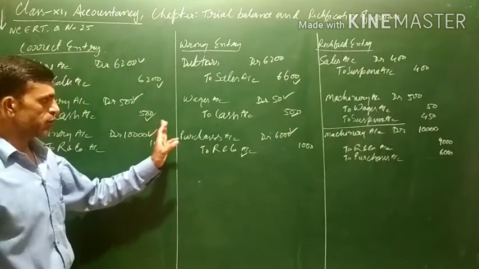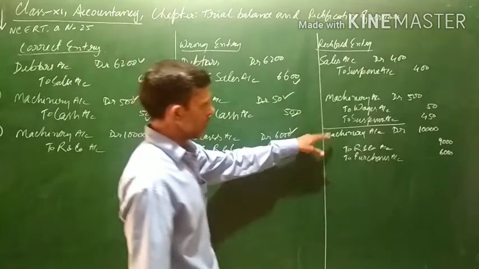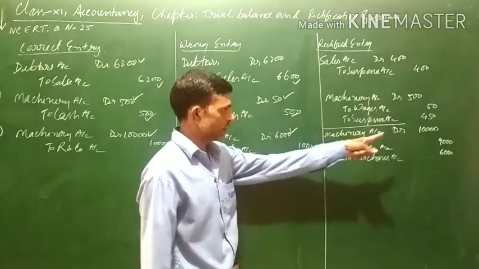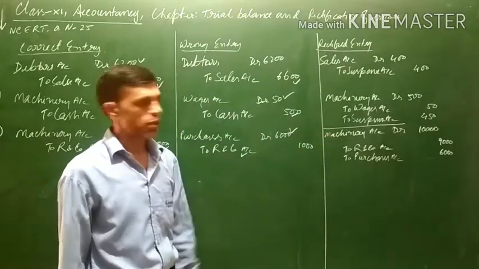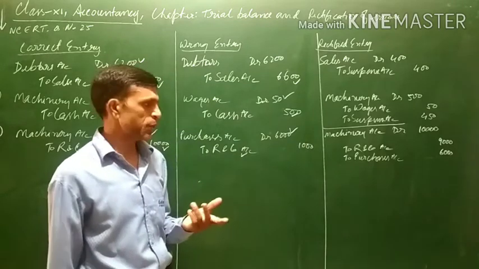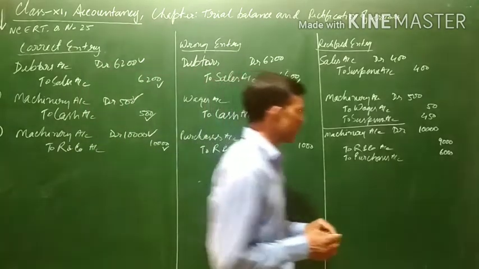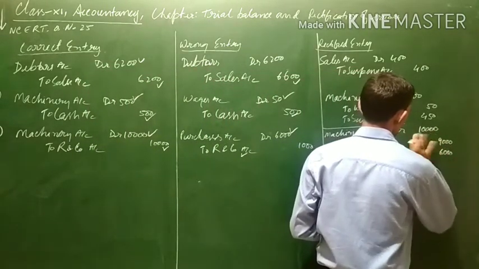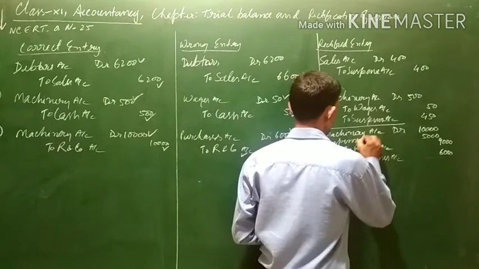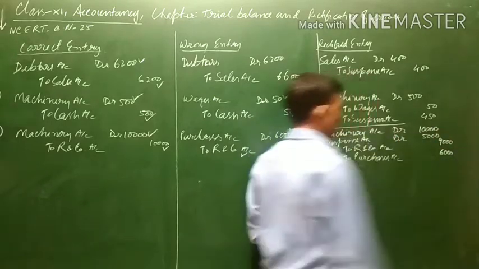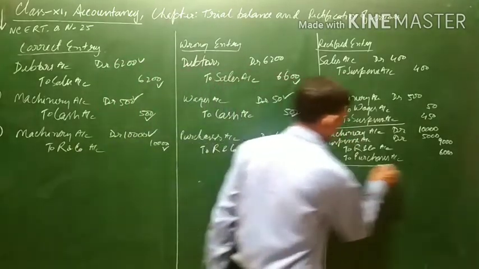All the 4 transactions, in the correct entry as well as the wrong entry, have been taken into consideration. You can see here that the machinery has a debit balance of 10,000 and the credit is 9,000 plus 6,000, 15,000 total credit. But the debit is rupees 10,000. So the debit is less, or you can say there is excess credit. In order to balance, we have to open a suspense account and the balance, that is 5,000, will be debited to suspense account, so that the debit and credit become equal. Suspense account will be debited with 5,000. Now the debit is 15,000 and the credit is also 15,000.